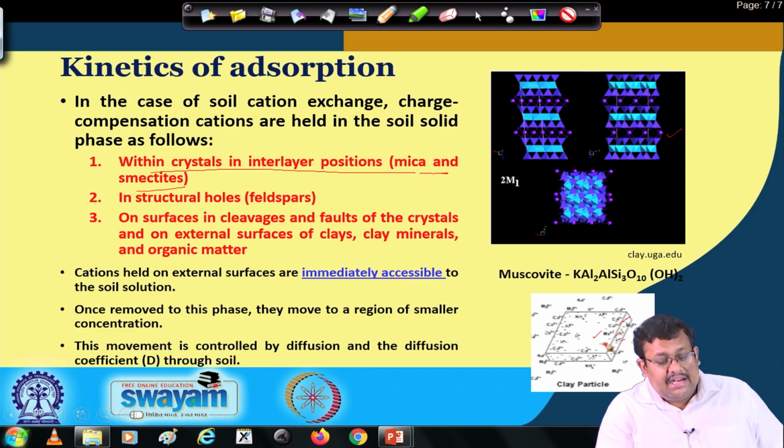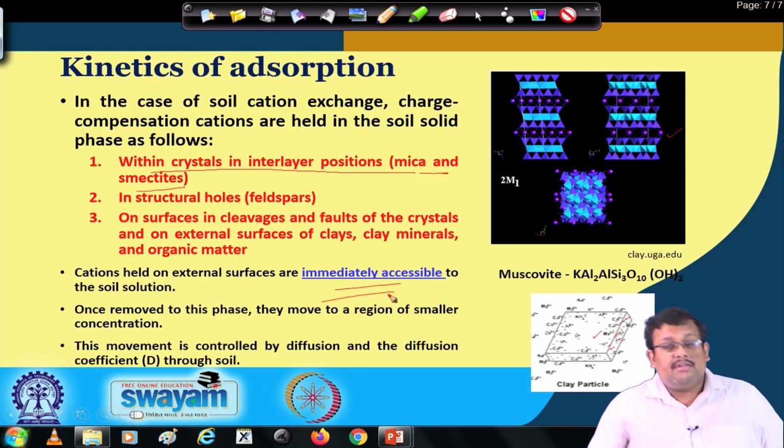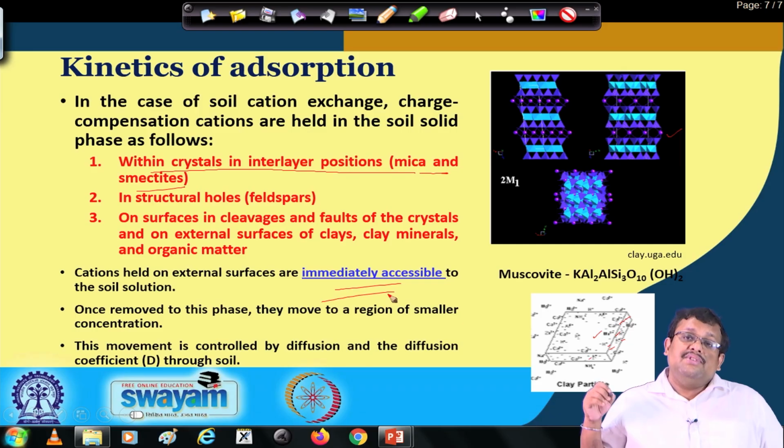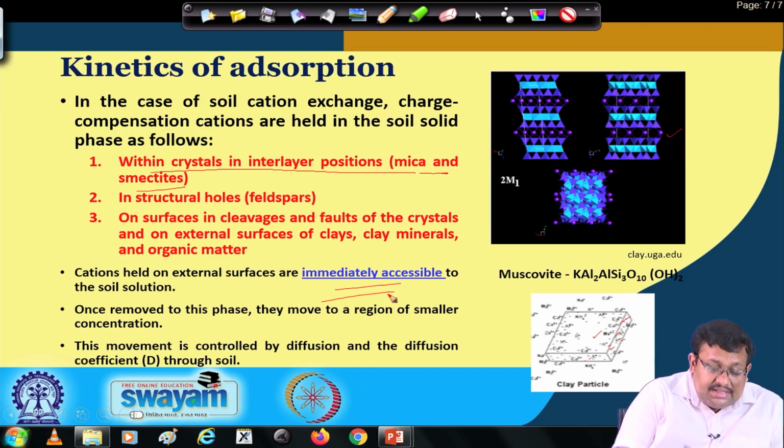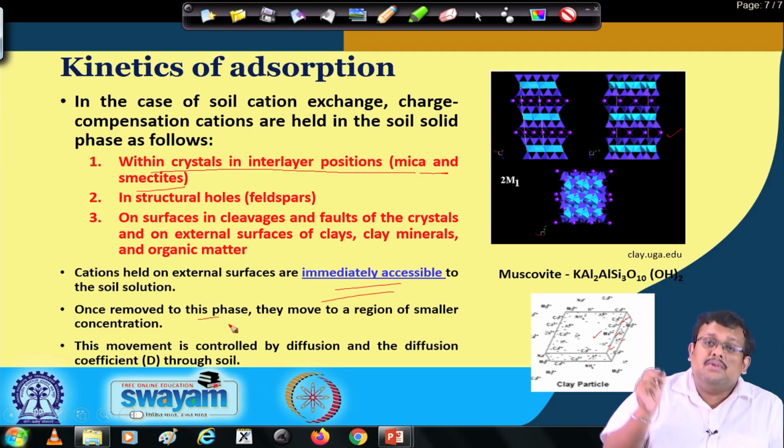Now, cations held on external surfaces are, remember, immediately accessible to the soil solution, as compared to those cations which are adsorbed to the internal surfaces. Cations adsorbed to the external surfaces are more accessible to the soil solution, and once removed from this phase, if we remove them from this external surface area where they are adsorbed, they move to a region of smaller